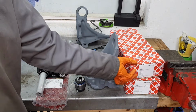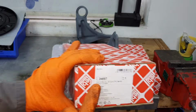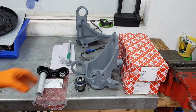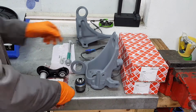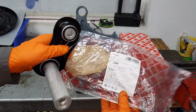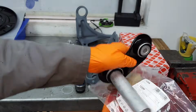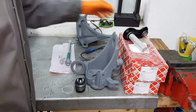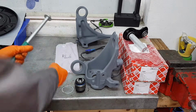So this is a Febi kit, and the part number is 34687. So this includes all these three components here. It includes the ball joint with the clip. It also includes the integral link. So if you want to buy the integral link separately, this is the part number 12299, but this comes all together in this box. So what you also get is this large bolt, and the part number, if you want to buy this separately from Febi, is